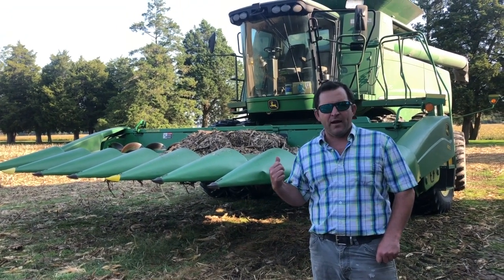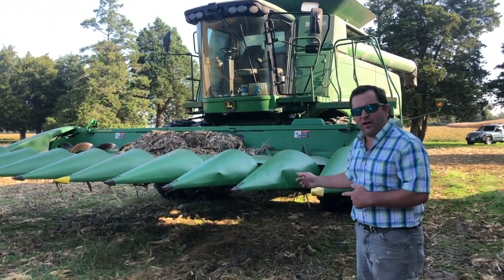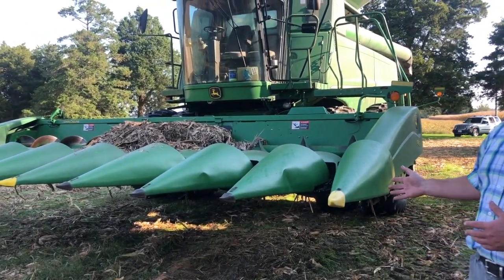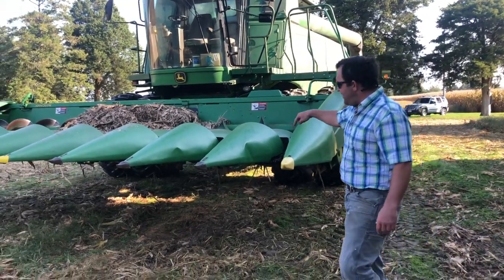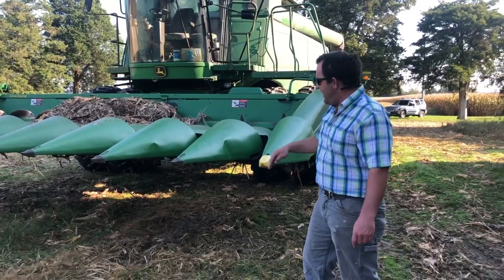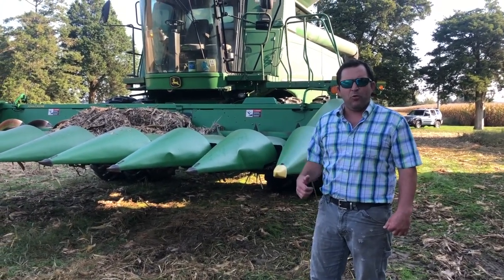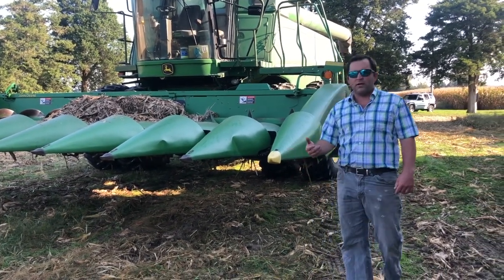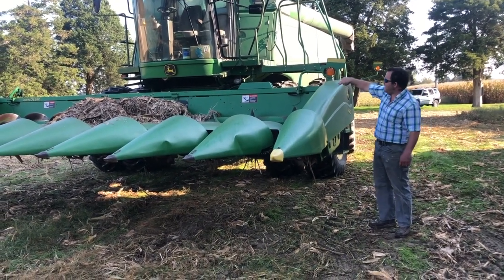So the combine here has an attachment on the front of it, which we call a header. For right now, this header is what we use to cut and harvest corn down. So as you can see, there's little gaps throughout the whole front of this corn header, and that's where the rows of corn will go through. And in a little bit, we'll take the combine and we'll go out in the field and you'll see how it works. So as the corn comes through the combine, it goes in the header and then into the combine,